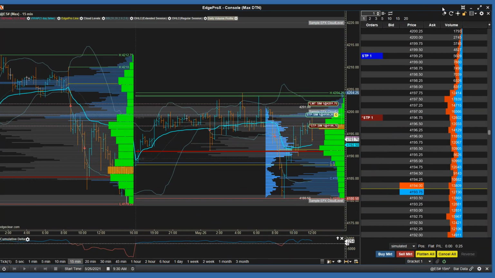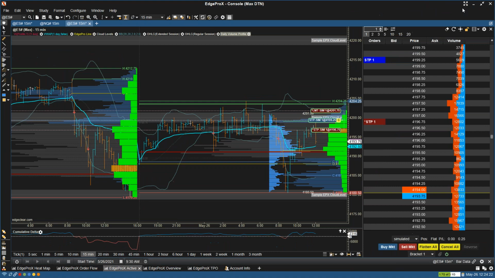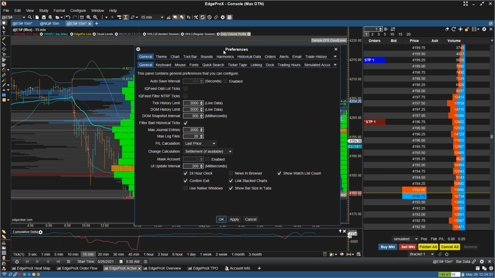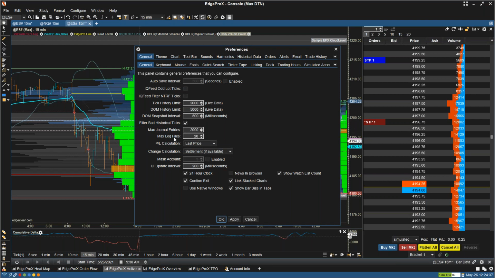What the heck? There we go. Okay, configure, preferences, up one more. Yeah, there you go. And then the way that you can switch between trading hours, or ETH and RTH, would be if